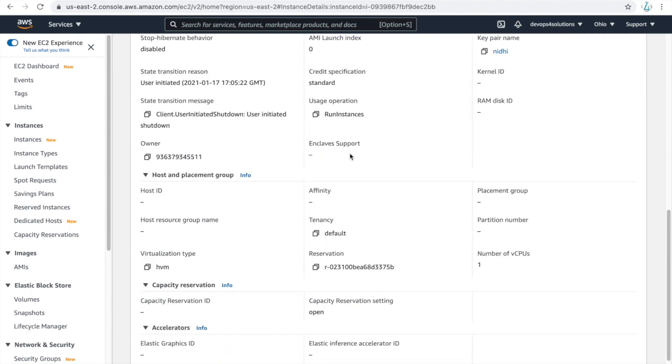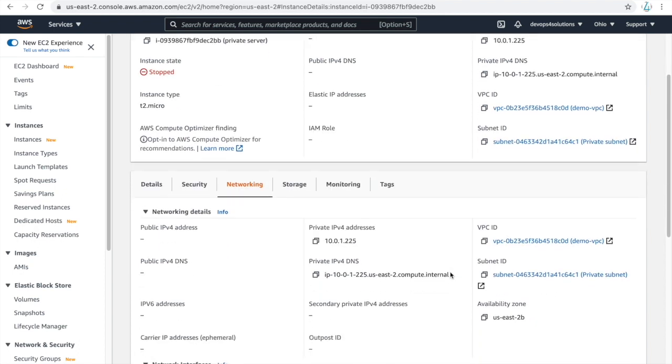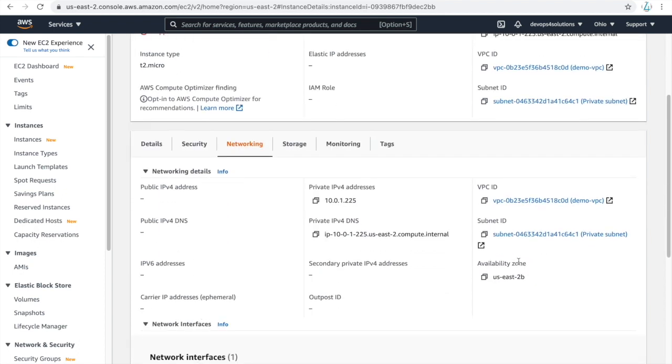Right now I am not able to see it because it is stopped, but maybe if I go to networking, I should be able to, yeah. Here you can see the instance is in this availability zone. So all the EC2 instances are for a particular availability zone. You can select this option also if you want to change it.